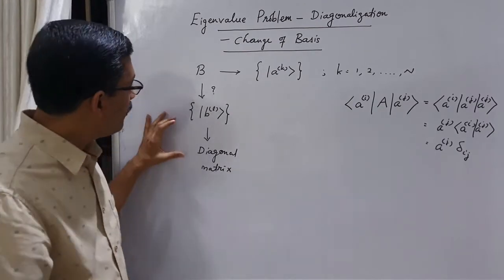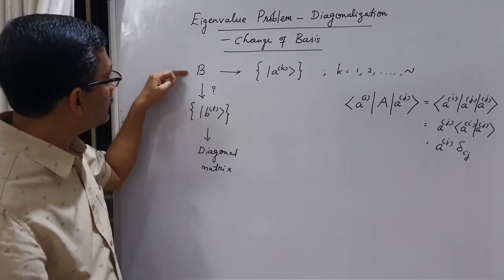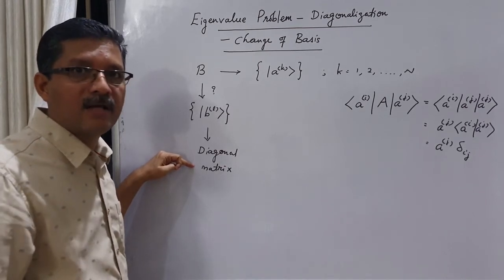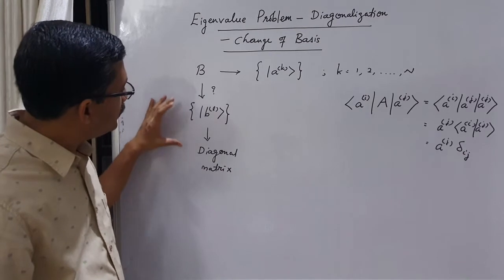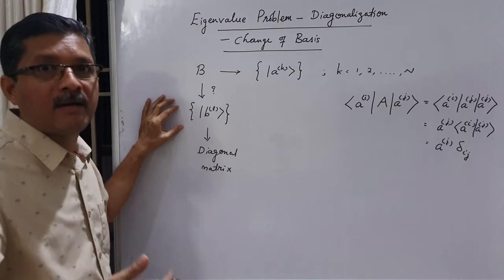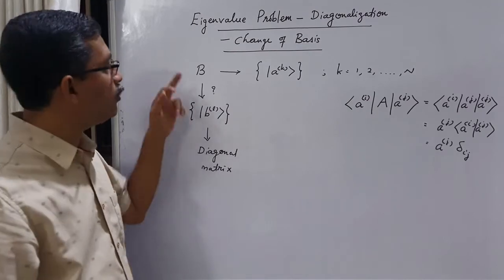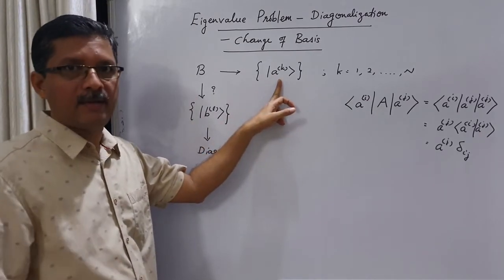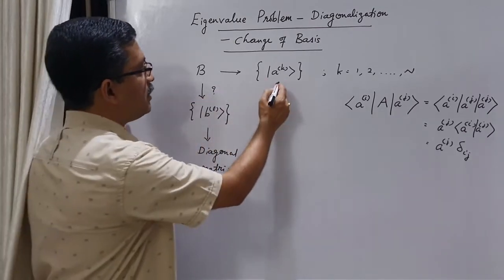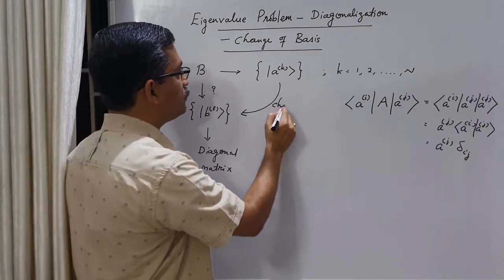That much we know. But one more interesting point is that when you express B in its own eigenkets, it becomes a diagonal matrix with the diagonal elements as the eigenvalues of B. It shows that finding the eigenvalues and eigenkets, or diagonalizing a matrix, is equivalent to a change of basis. We know B in a given basis, the old basis AK. What we want is to change from this old basis AK to the new basis BL. What we want is this change of basis.